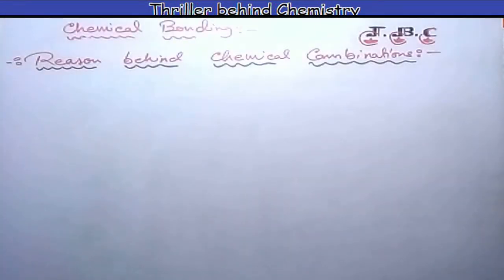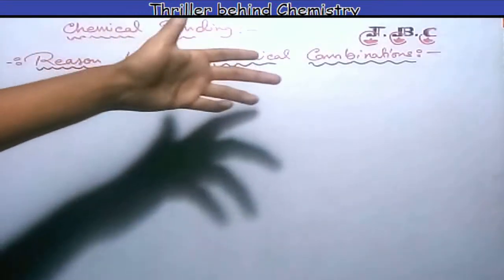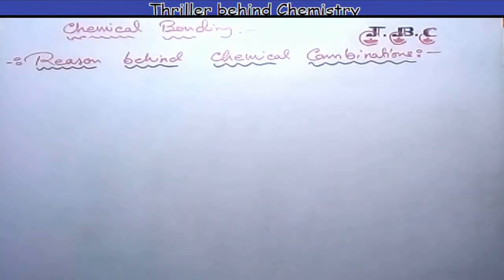Today we have to discuss the reason behind chemical combination. We have no hand in chemical combination, but we need to know why and how it's happening, the reason behind it. So today's topic is on the basis of why. We all know that every concept, theory or rule comes forward for a specific reason. Here's what we know: every system has a tendency to be more stable.